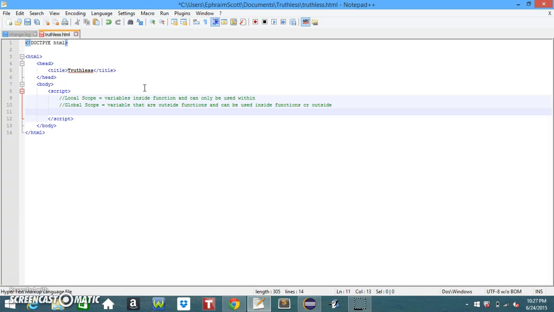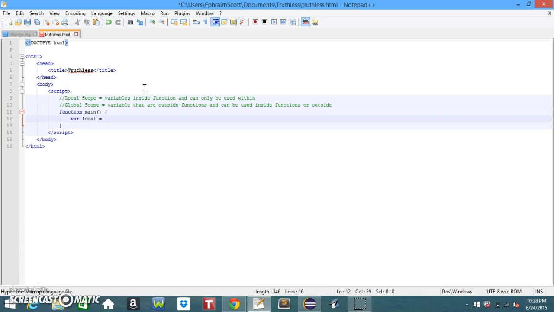So first, I'm going to show you local scope. To show you local scope, I'm going to make a function called main. No parameters. And let's start this off. So I'll create a variable called local because it's my local variable, and let's just set this to "I am local". So now let's just call our function main, and now we can